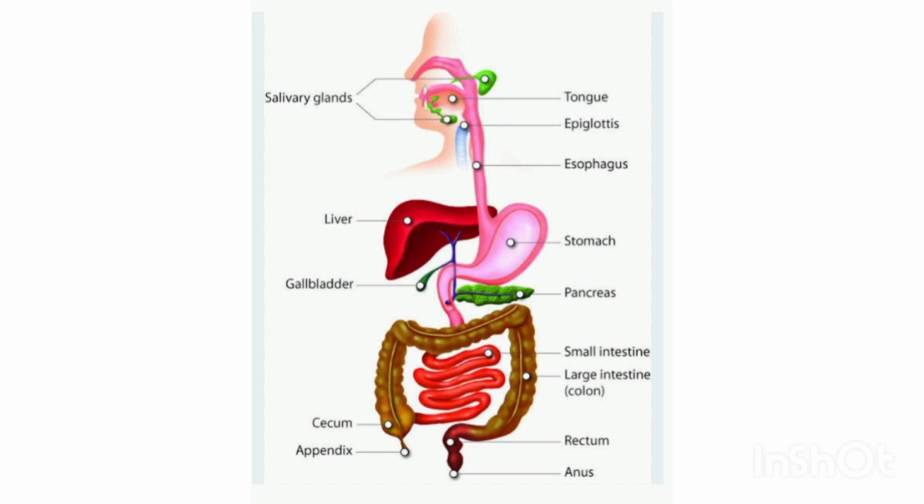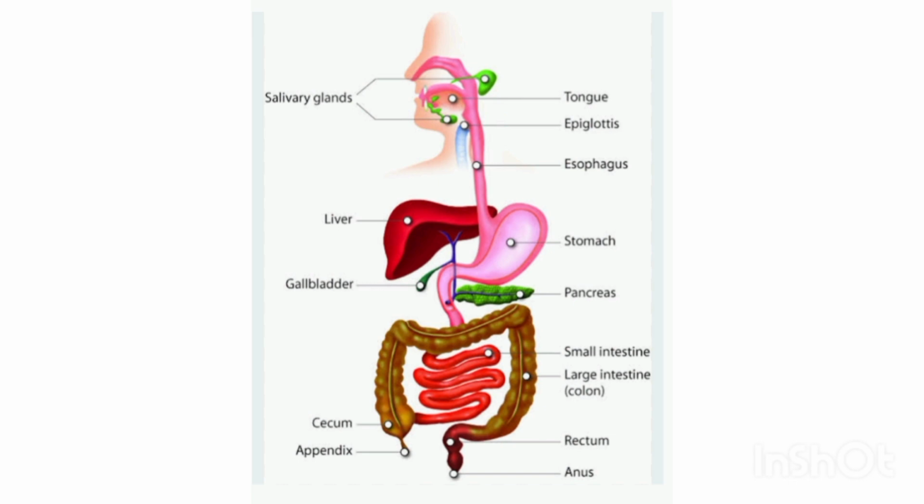Then the small intestine, it is the longest part of the alimentary canal. The length of the small intestine differs in all organisms depending upon their food habits. For example, herbivores have a longer small intestine to facilitate cellulose digestion. But carnivores have a shorter small intestine as meat fat is easily digestible. The small intestine is the site of the complete digestion of food into different components. Secretions from liver and pancreas enter the intestine to help the digestion process. The inner lining of the small intestine has numerous finger-like projections called villi, which increases the surface area for absorption.